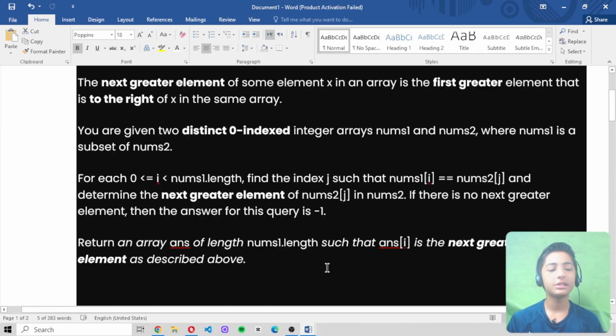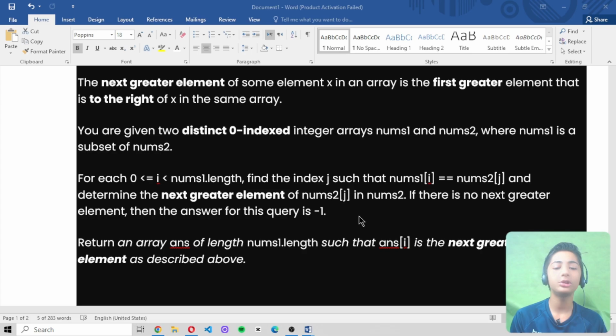For each i from 0 to nums1.length, we want to find the index j such that nums1[i] equals nums2[j], and we want to determine the next greater element of nums2[j] in nums2. If there is no next greater element, then the answer for the query is -1.